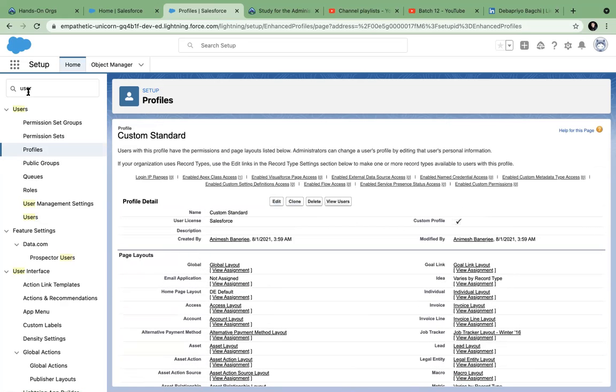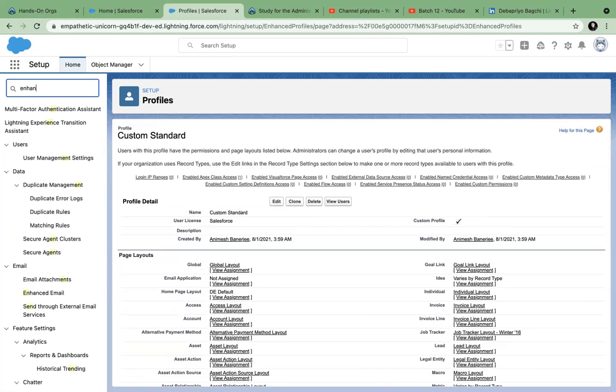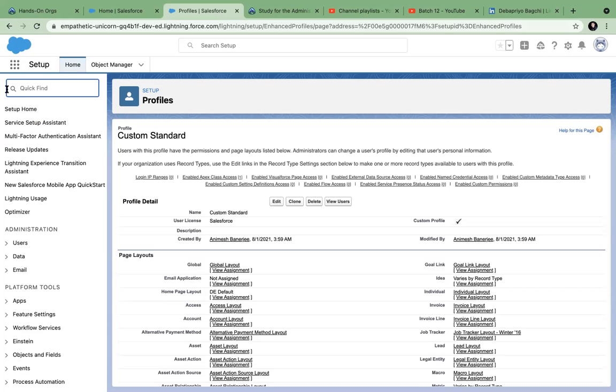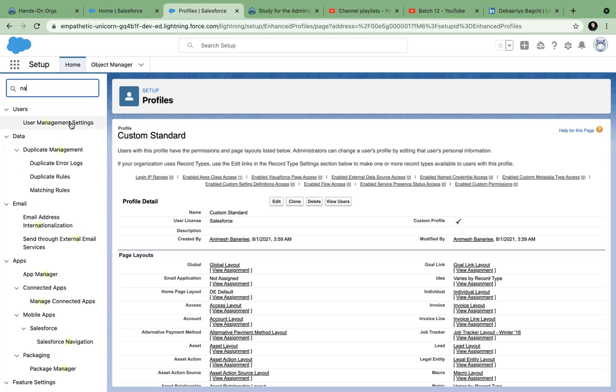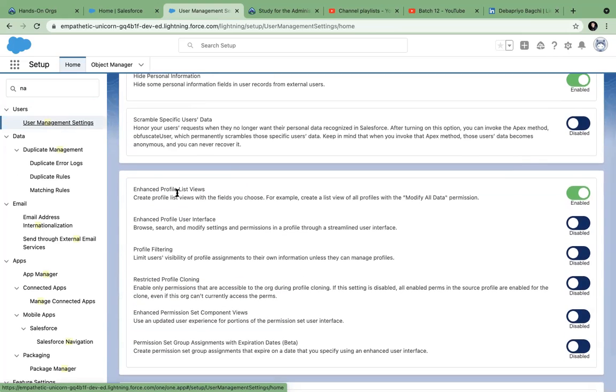Editing of profiles can be made a little easier by the enhanced profile interface.